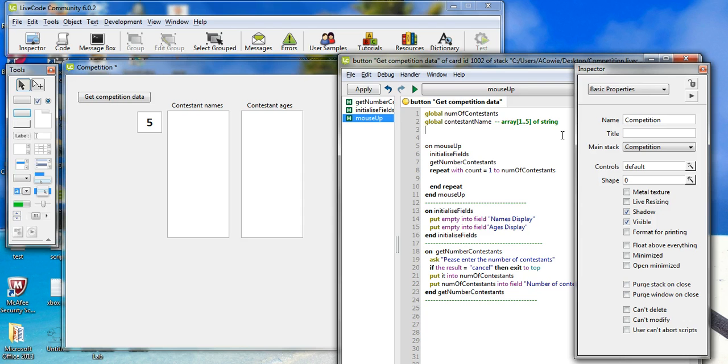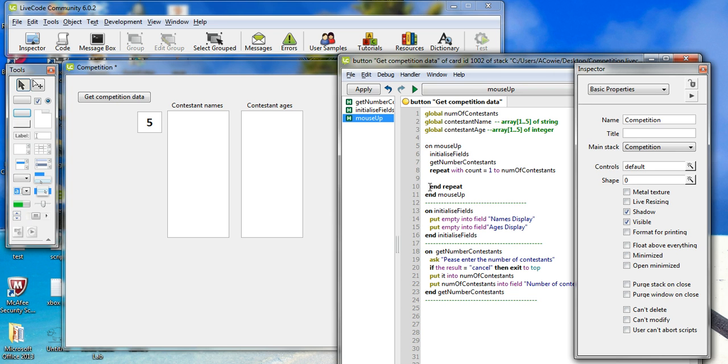So having done that, I'm also going to put in the contestant age. So by doing this, I'm saying I'm going to have an array. Again, it's going to have 1 to 5 elements. And because I'm talking about their age, let's say I put it in as they're going to be 14 or 15, I've got integer values. And then I'll be able to use these groups of storage locations inside the program, and I'll be able to put the values that go into them into the field so that I can actually see the contents of the